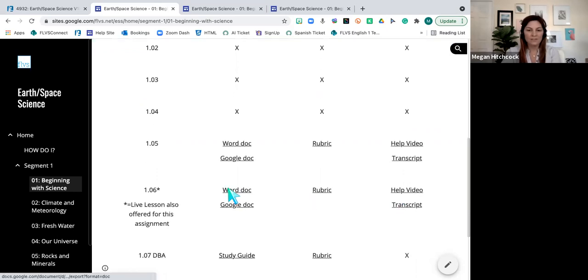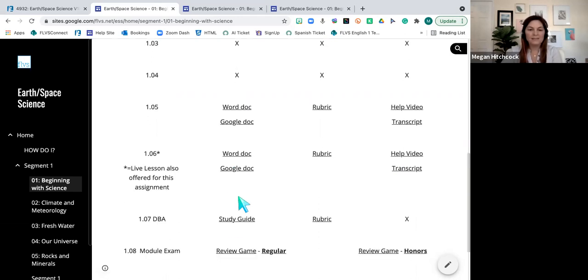Then if you go down just a little bit, you will be able to see a study guide. So when you have completed, beginning with Science 1, 2, 3, 4, 5, and 6, then you will schedule a DBA, a discussion-based assessment. So that's where you will set up an appointment. We will chat. I will ask you a few questions to kind of check your understanding. And then I will send you the code for the exam. You will take your exam after you study, and then we will move on to module 2.